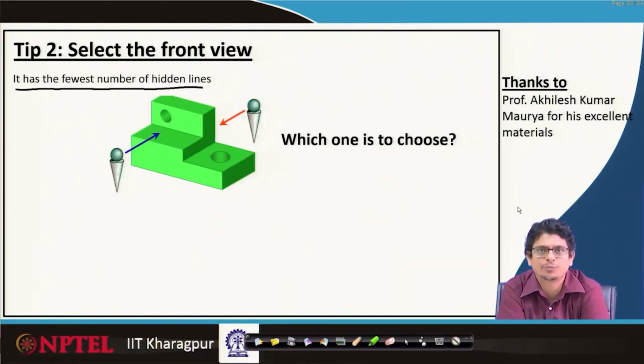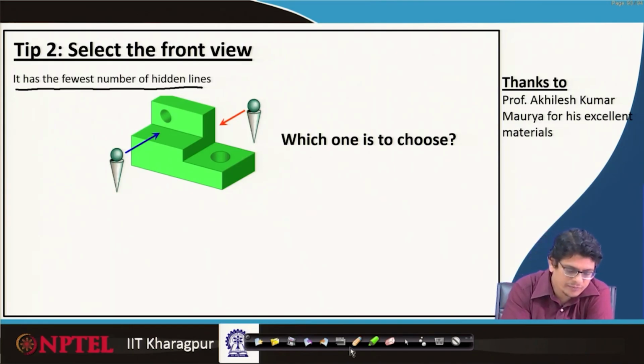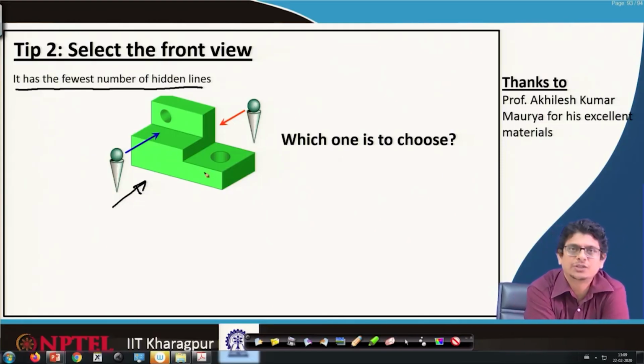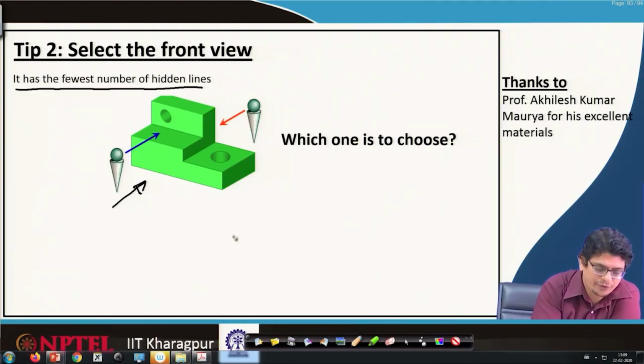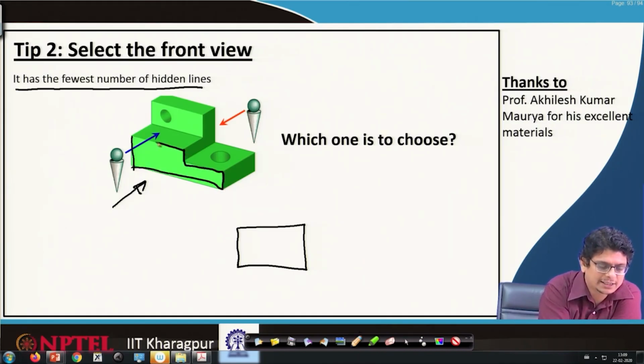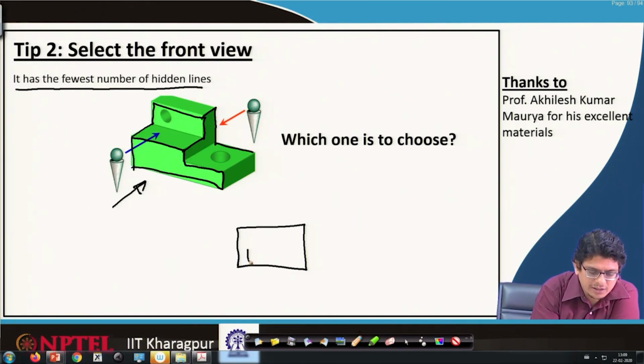Let us look at this simple object. If we are picking this one as the front view, there are no hidden lines we will be in a position to see. For this front view, what we are going to see is this object as a step, and these lines coincide with that, and again these lines will coincide in that way. So, if we are drawing, the front view turns out to be this one,